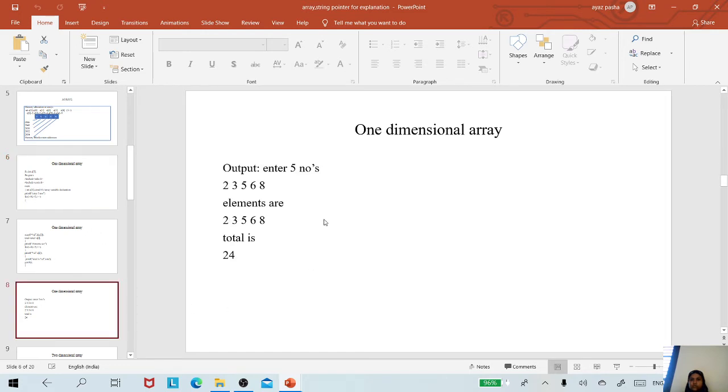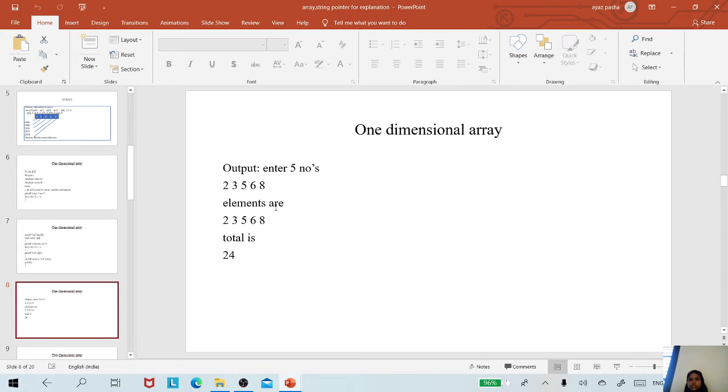So you are going to enter the 5 numbers 2, 3, 5, 6 and 8. That is, 2 belongs to a[0], then a[1], a[2], a[3] and a[4]. If you look at the memory locations, a[0] will occupy the digit 2, a[1] will be 3, a[2] will be 5, a[3] will be 6 and a[4] will be 8.